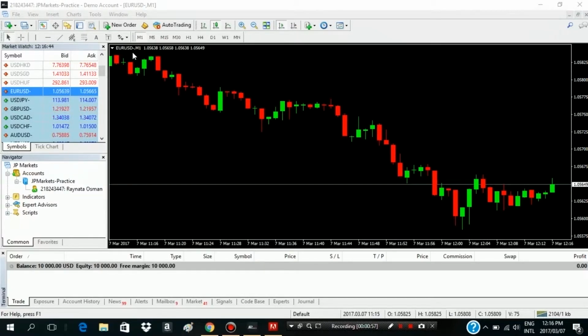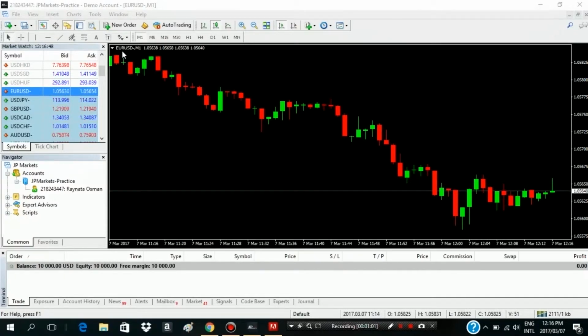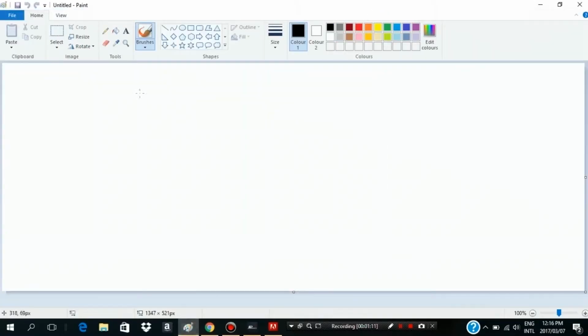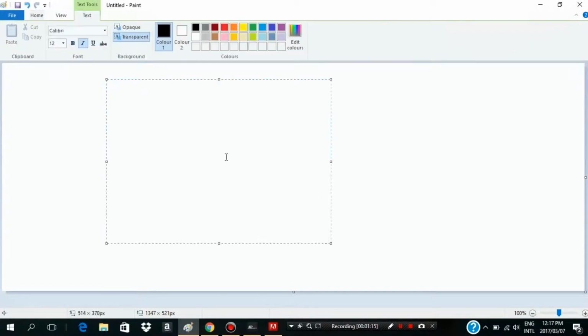As you can see, it tells us on top here. We are on our Euro USD chart. What that means is, for every 1 euro, how many US dollars am I going to pay? When it comes to currency pairs, we have a base and a quote currency. So, for example, if we are using Euro USD,